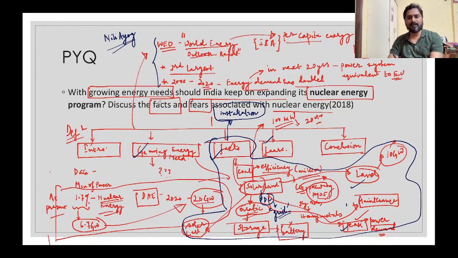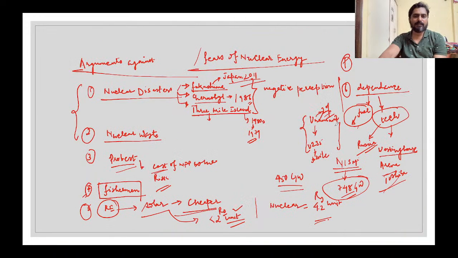So we have seen facts, we have seen fears, and let us see what we can write as a conclusion here. As a conclusion, the first thing that you should remember is that you shouldn't write your conclusion in a negative tone. You just cannot say that because of the nuclear disasters that have occurred in the past, which were very gruesome and a lot of people lost their lives, India should not adopt it. And because of nuclear waste, India should not adopt it. Because farmers are protesting that they are not ready to give up their land for setting up a nuclear power plant, this argument also you should not use.